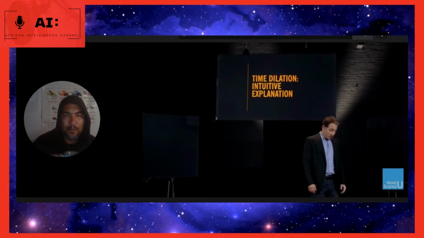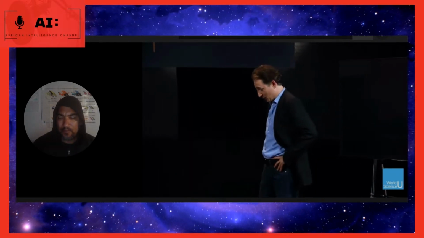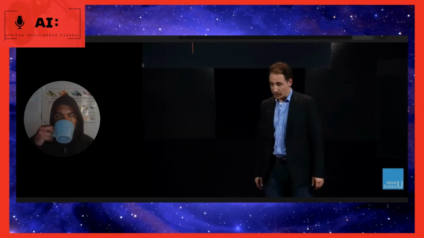Time dilation is one of the strangest, most counterintuitive concepts that you're ever really going to encounter. And it's nice to have a kind of mental mnemonic, a shorthand way of thinking about this strange idea that perhaps makes it a little bit more intuitive. I'd like to give you such an intuitive way of thinking about time dilation now.